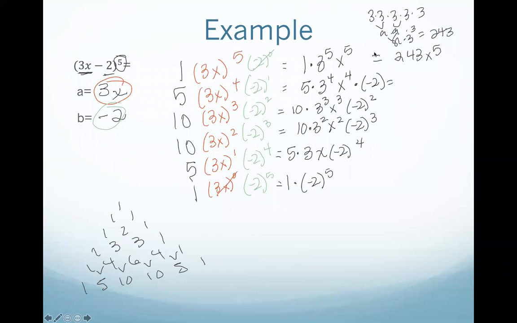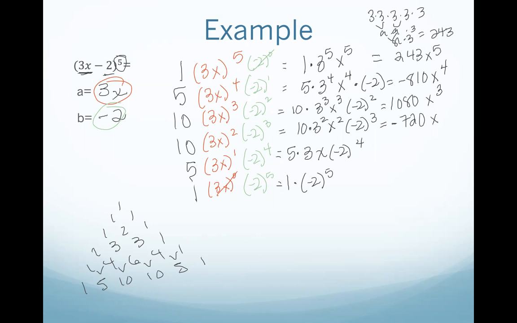So we have 3 to the 4th, which is 81, times 5, which is 405, times -2, which is -810x to the 4th. Then we have 3 cubed, which is 27, times 10 is 270, times 2 squared is 4, gives us 1080x cubed. Now we have 3 squared, which is 9, times 10 is 90, times 8, which is 2 cubed. That gives us